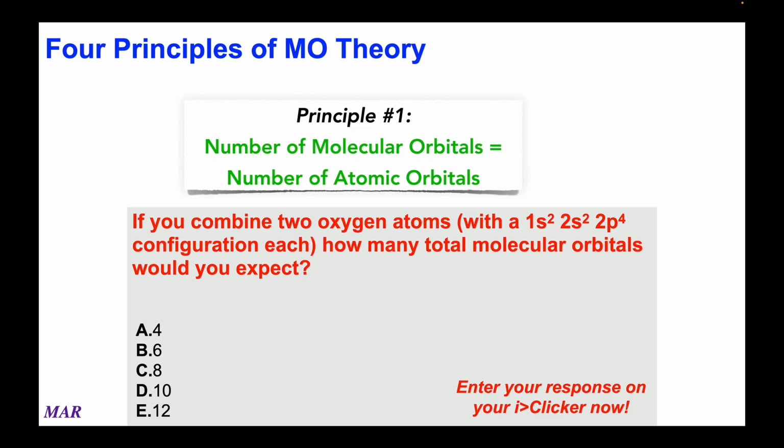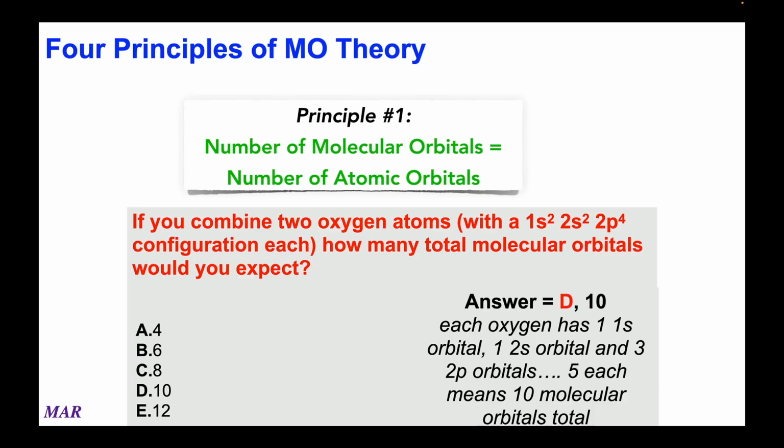And since there's 2 oxygens, that's 10 atomic orbitals that we're putting in. So we would expect to have 10 molecular orbitals that come out. So the 1s, the 2s, and the 3 2p's on each oxygen combine to make 10 molecular orbitals. That's kind of the idea happening. Remember that p's have 3 orbitals, d's have 5 orbitals. If you had an f, it would have 7 orbitals, but we're not going to look at d's, f's, or anything like that. We're only going to look up to the 2p's in this section because of the limitations of